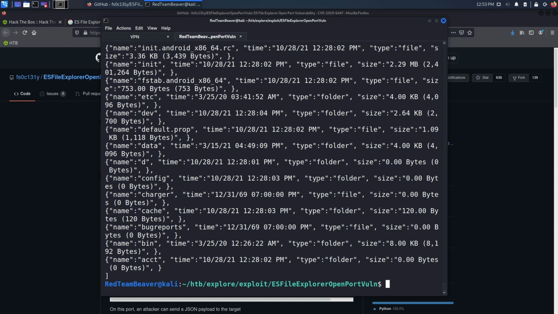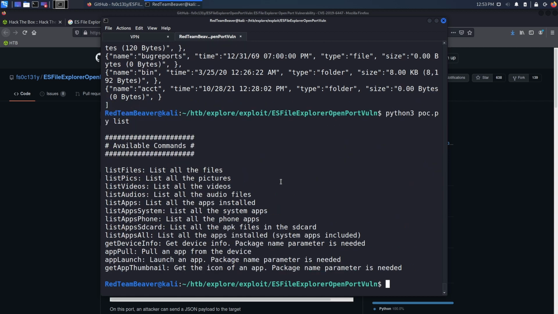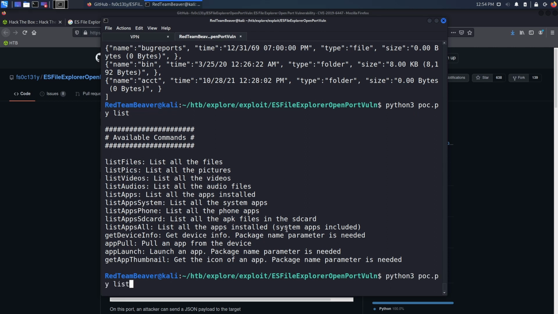So we found the files, and now if you go back to just the normal list of what we can do, we see that we can also list pics, videos, audios, apps, app system, etc. Now, all of this may be a way in, right? But let's just do it in order. And now let's go to list pics. So let's do -cmd list pics --host